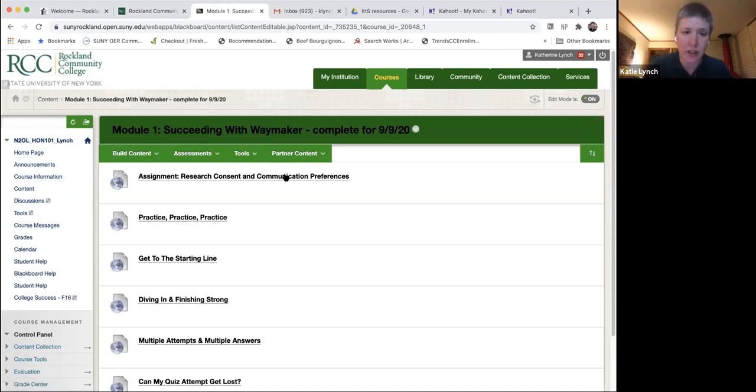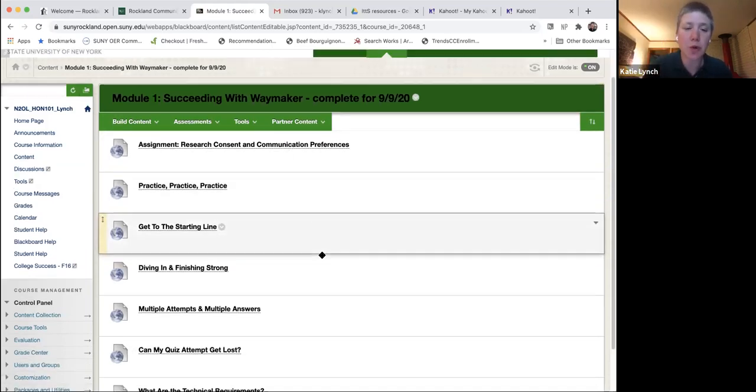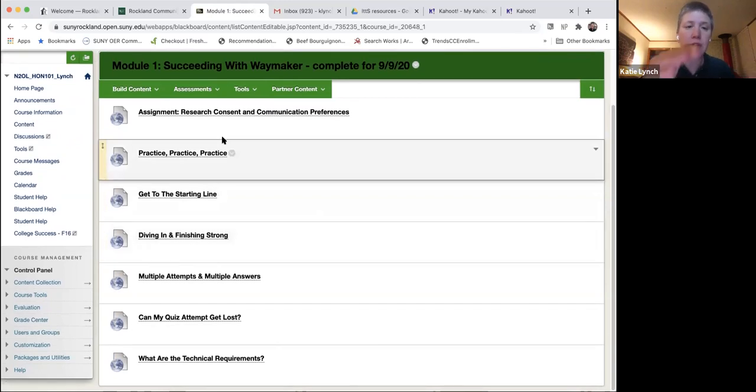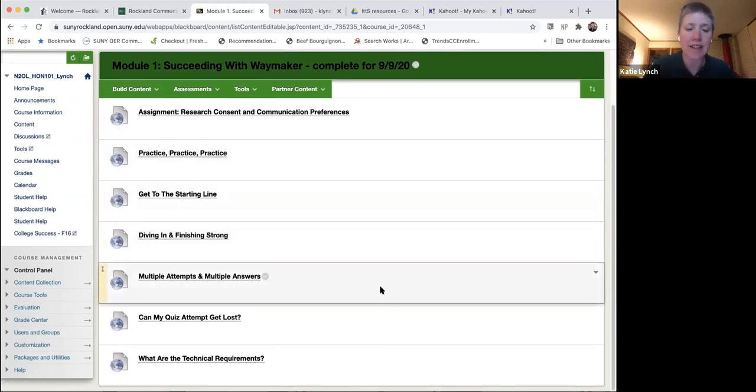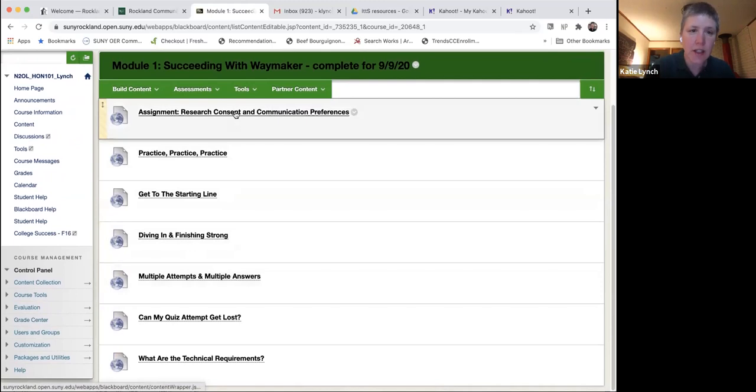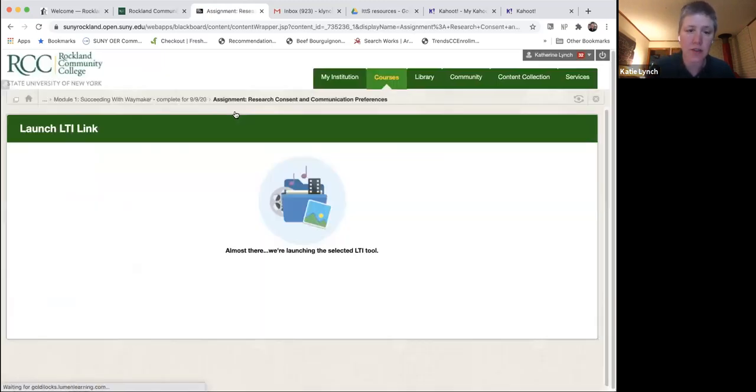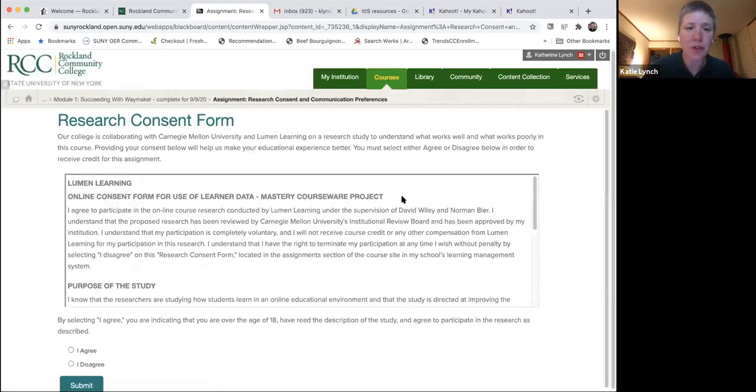Okay, so now I just want to take you through the modules. We're not going to look at every single link, but in module 1, what you'll see is that there's only links, okay? There isn't any quiz. This is because module 1 starts with an introduction to Waymaker, and it actually begins with this research consent